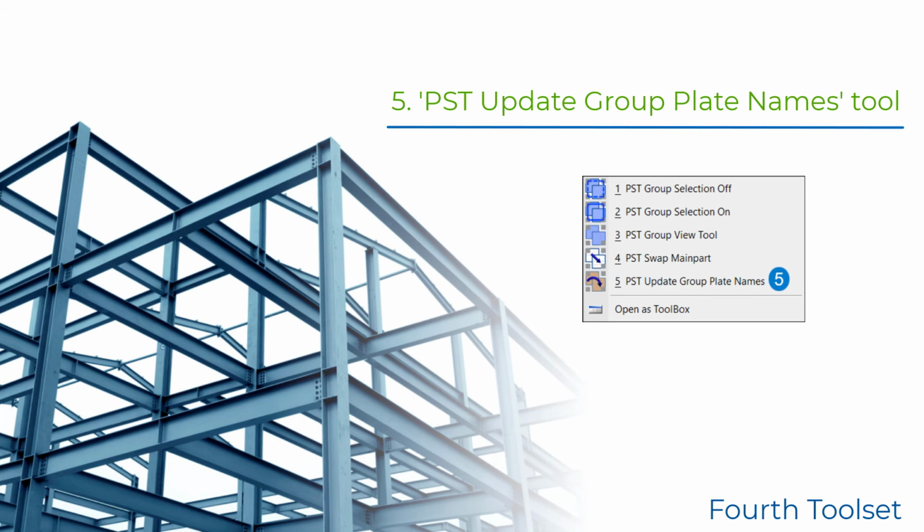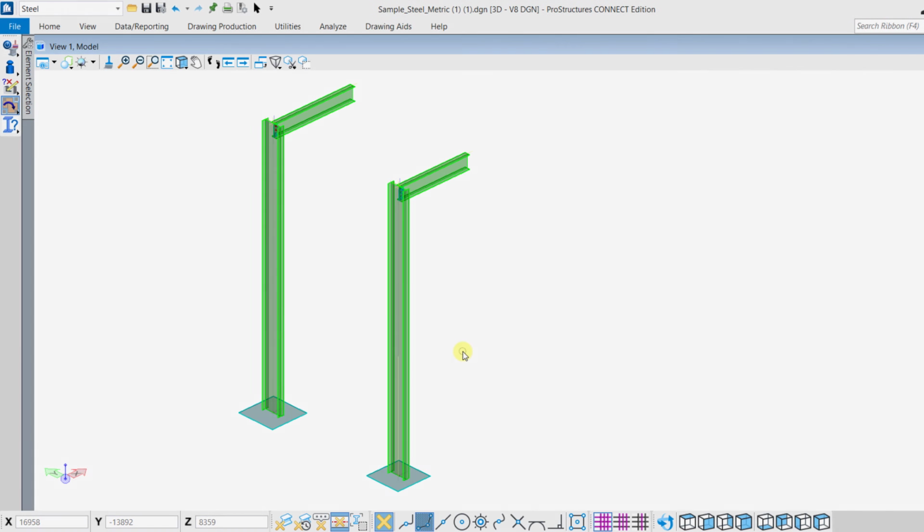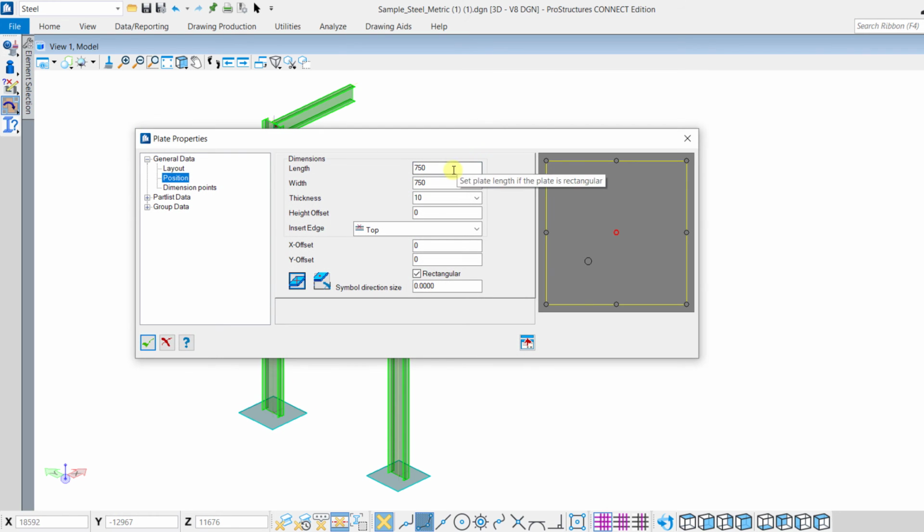The last tool from the fourth toolset is PST Update Group Plate Names. When you change the size of an element from the PS properties, the group name doesn't change in the group display dialog box as it remains the old name of the element. For example, we will change the size of the plate from the properties.